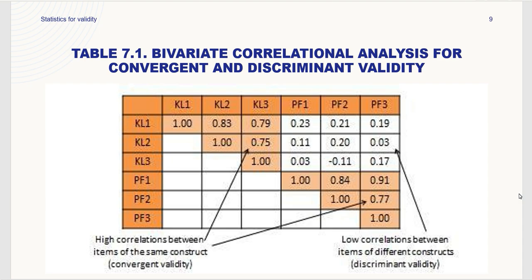KL3 की वैल्यूज को PF1 के साथ देखें 0.03, KL3 विद PF2 -0.11, KL3 विद PF3 0.017। तो ये सारी वैल्यूज इंडिकेट कर रही हैं कि हमारे इस स्केल के अंदर, जो सब स्केल्स हैं उनके अंदर डिस्क्रिमिनेंट वैलिडिटी भी स्ट्रॉन्ग पाई जा रही है और कन्वर्जेंट वैलिडिटी भी एग्जिस्ट कर रही है।